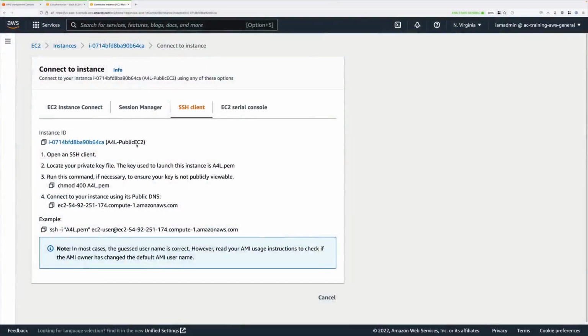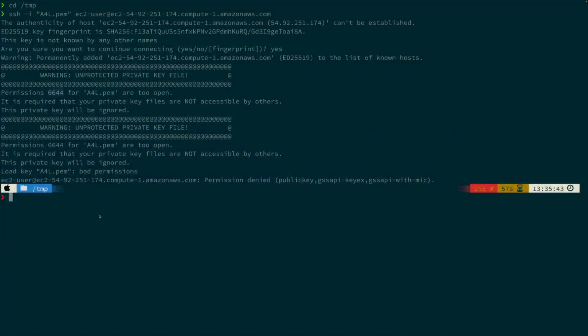So if we go back to the AWS console, this is the command that we need to run to correct those permissions. So copy that into your clipboard, move back to your terminal, paste that in and press enter, and that will correct those permissions. Now under Windows, the process is that you need to edit the permissions of that file. So right click properties and then edit the security, and you need to remove any user access to that file other than your local user. And that's the same process that we've just done here, only in Windows it's GUI based, and under macOS or